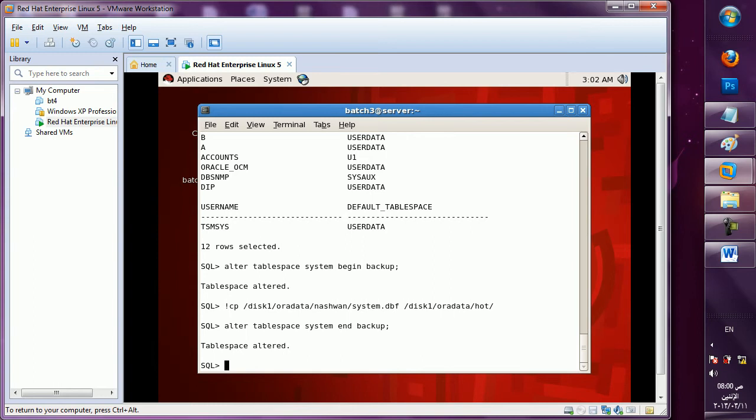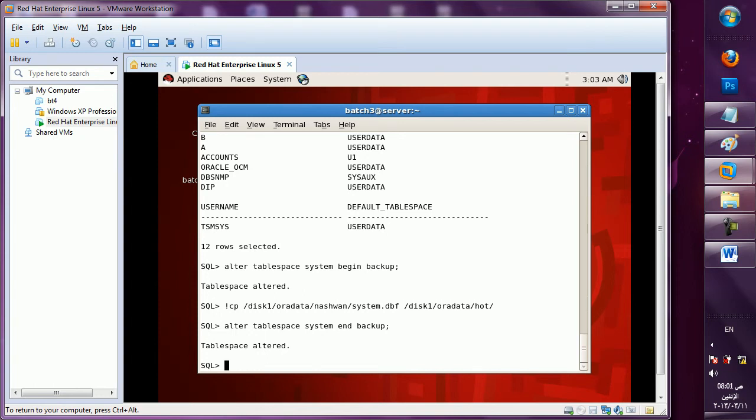What happens when you give the begin backup? Your header row, that block management, we have studied that header file, that is locked for some time. Means my data is not coming, locked. Copy the file fast and again open. My header file is open, my data is coming. This is the concept of hot backup. In this way you can take each and every file backup. User data, CSOX data, undo, whatever DBF file you want. This is nothing but a hot backup. Clear? Without shutdown I have taken the backup.